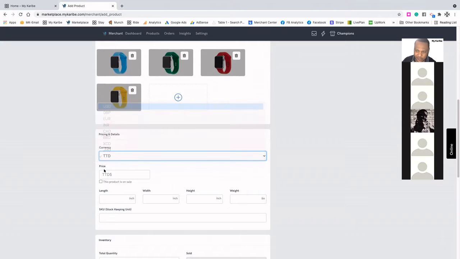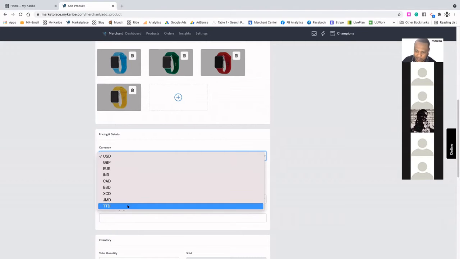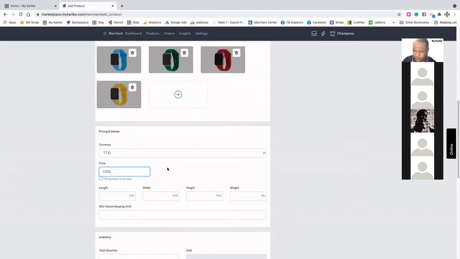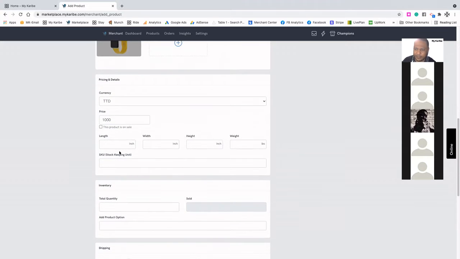So if you want to sell in USD, you could sell in USD, but this just means quote your price in USD. If you want to quote it in TT or local dollars, you could do that as well. I'm not sure how much an Apple Watch goes for in Trinidad and Tobago. Let's just say it's $1,000 TT. You could enter in $1,000 TTD, and below here you enter in the length, width, height,